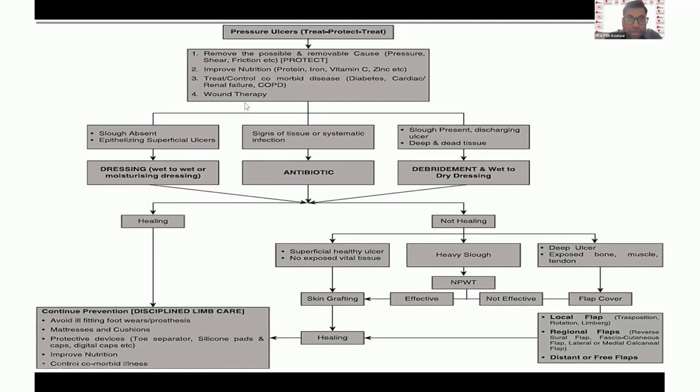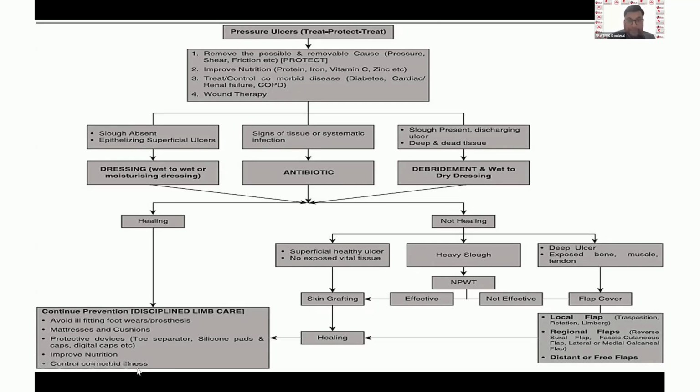Okay, remove the possible and removable causes, improve nutrition, treat and control comorbid diseases like diabetes, cardiac, renal, and COPD, and wound therapy. If slough is absent, for an epithelializing superficial ulcer, dressings to be done. If signs of tissue and systemic infection are there, antibiotics to be used. If slough is present, then debridement to be used. If all three are maintained, then healing; continue preventions like avoiding ill-fitting footwear, mattresses, cushions, protective devices, improve nutrition, and